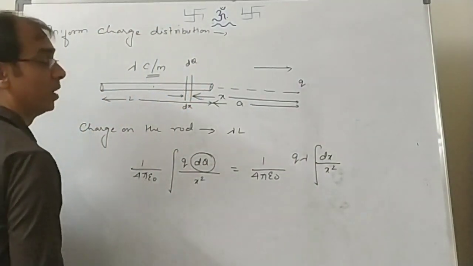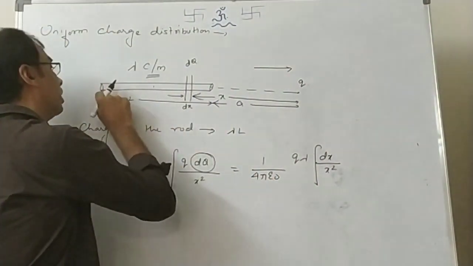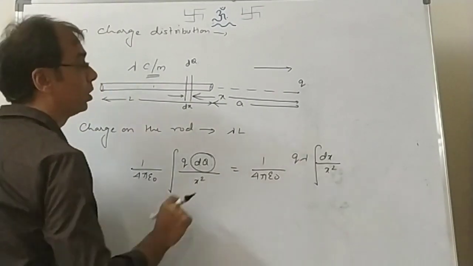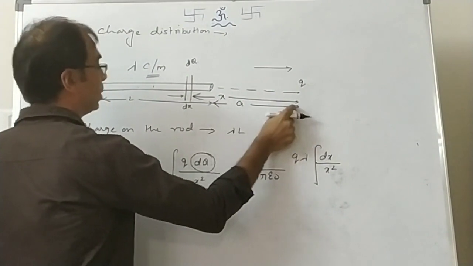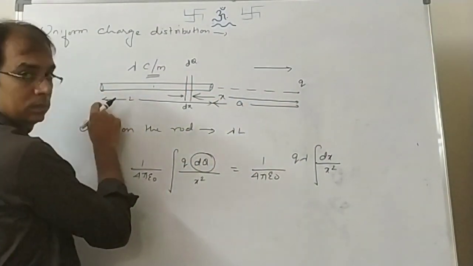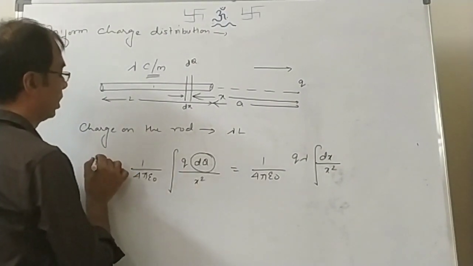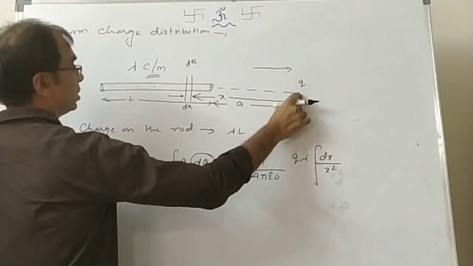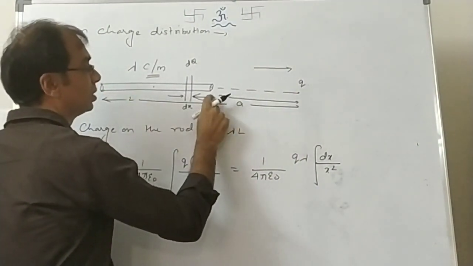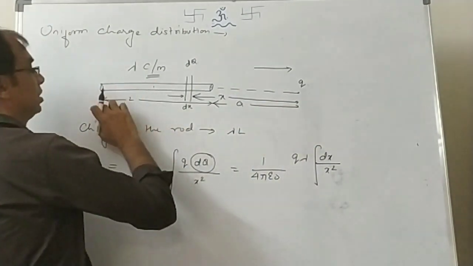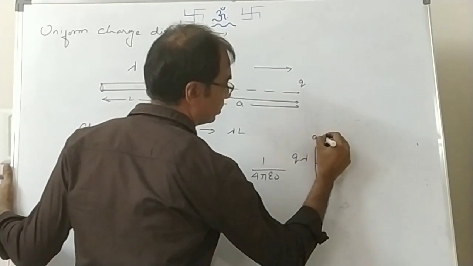Now from where to where do we have to add the particles? We have to add the particles from here to here. So what will be the distance from charge q? From here to here the distance is a, and from here to here the distance is a plus l. Are you able to understand? Because we are finding force, and for force, what is required? Separation between the charge and the other charge. Right? So when the charge is over here, separation will be a. When the charge is this, separation will be a plus l. So here is a and here is a plus l.